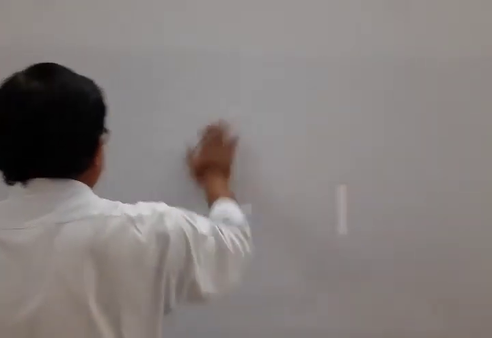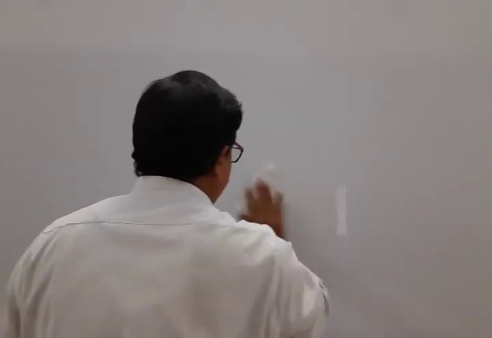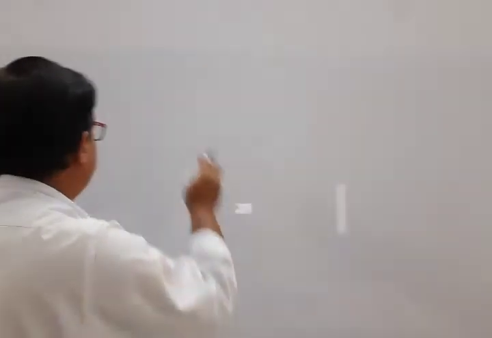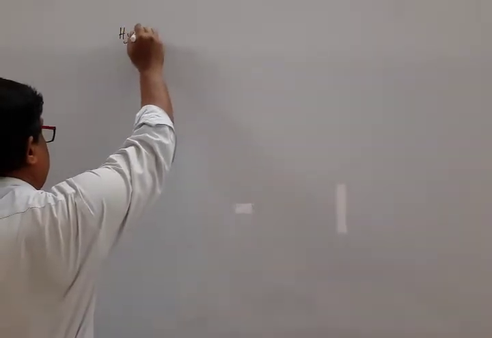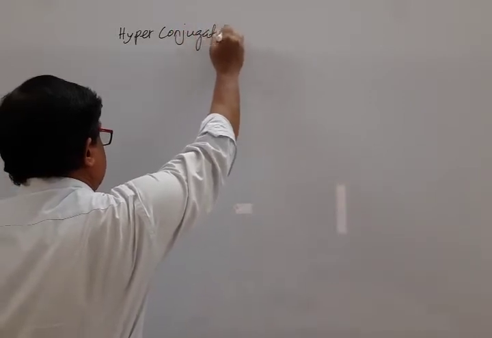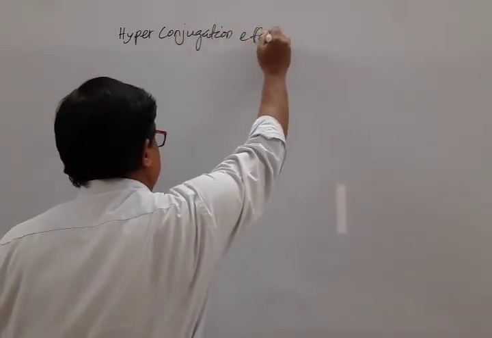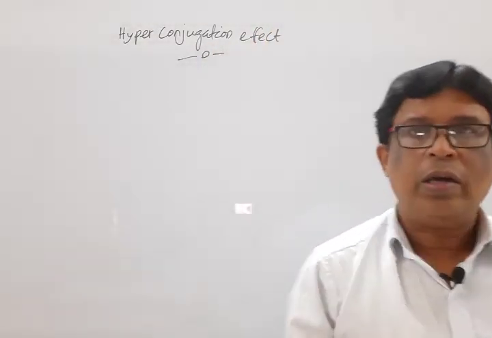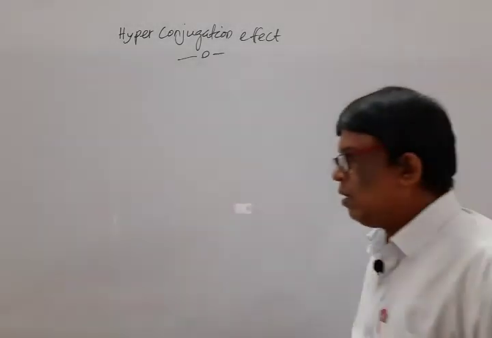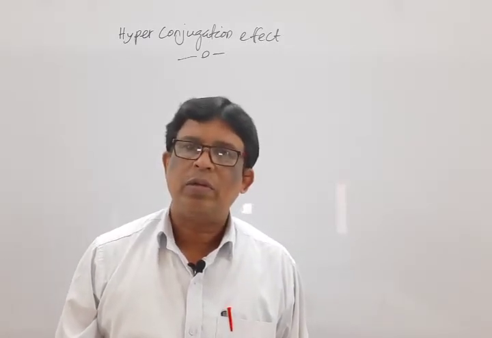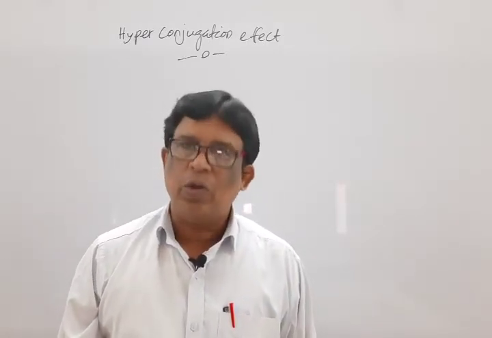That is first identified by Baker and Nathan, so it is also known as the Baker-Nathan effect. So let us discuss it. It is known as the hyperconjugation effect. Otherwise it is also known as no bond resonance. Mark that. We observed already in the inductive effect that alkyl groups are a plus-I group, an electron donating group.